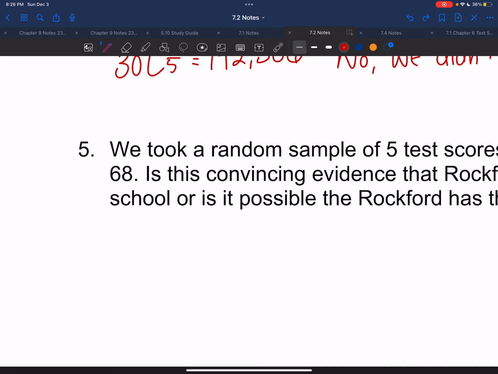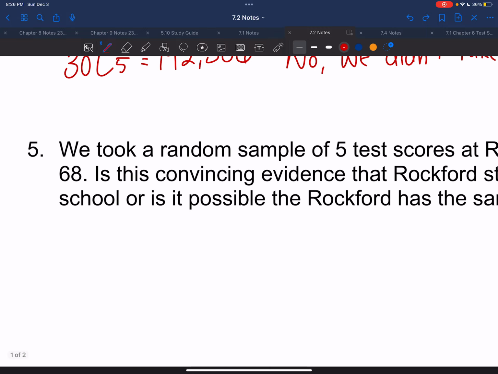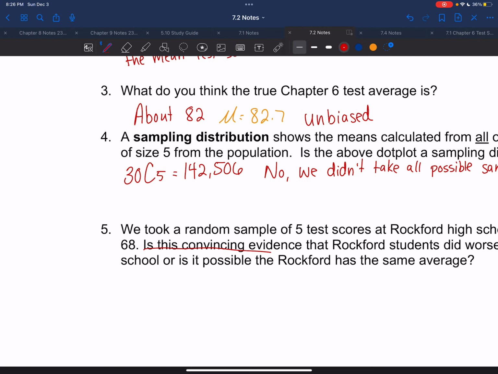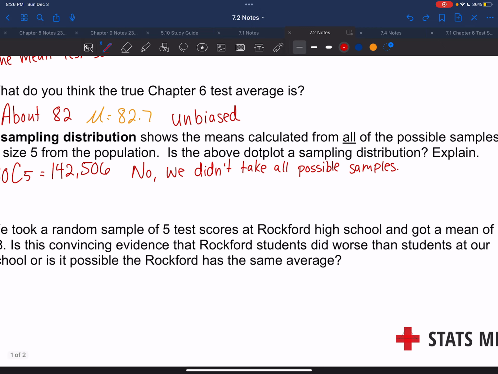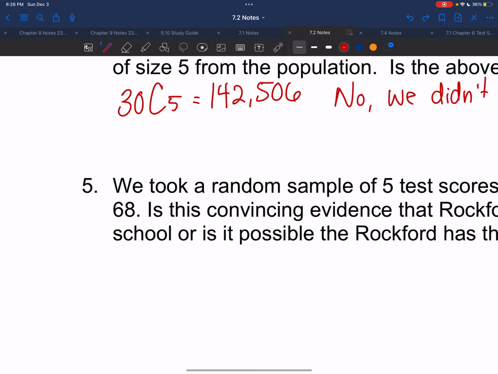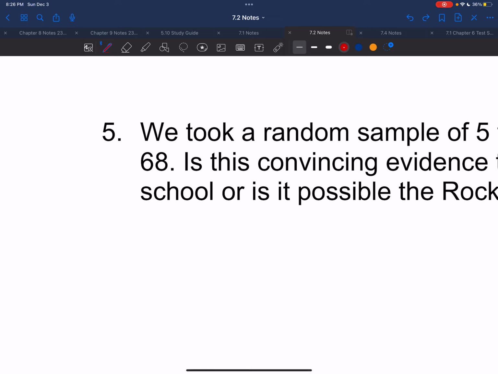They should be up here somewhere with the rest of our samples, right? So it's kind of a stretch to assume that they have the same ability as us when they're scoring so much lower. All right. So the question was, is this convincing evidence that Rockford students did worse than students at our school? I would say yes, it is. This is convincing evidence. All right. And the reason is